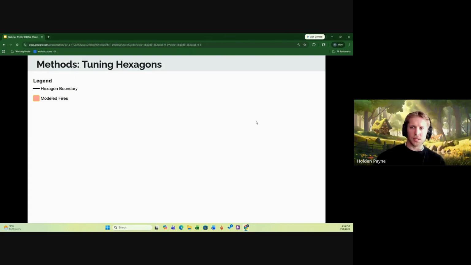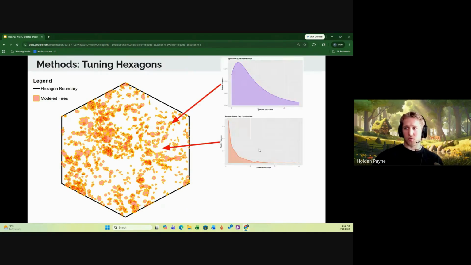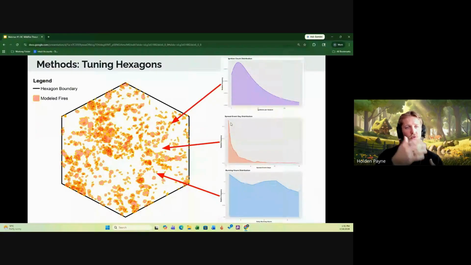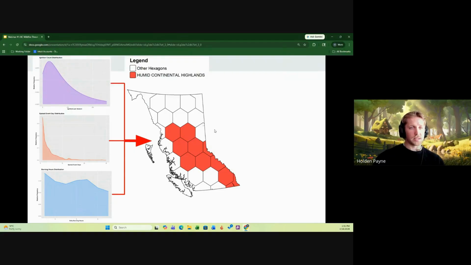So, broadly tuning hexagons, I might breeze through this so that we can get to the accuracy assessment. You model a bunch of fires, you create these distributions of fire regime characteristics, and then we essentially run the model again and again and test the sizes of fires that come out of this distribution, and see if they match what we found throughout our historical fire database. And if they match well, then the model's doing a pretty good job of predicting the type of fire sizes. And that's the way you calibrate these models.